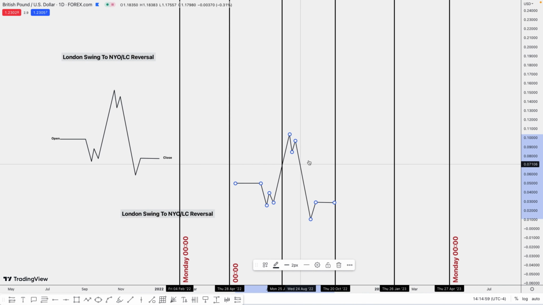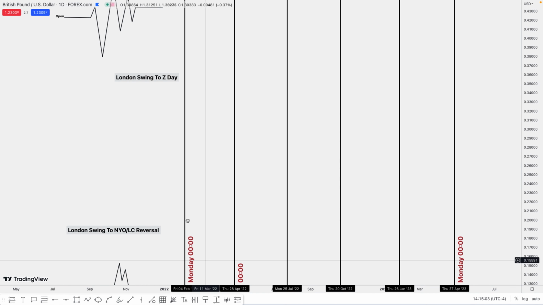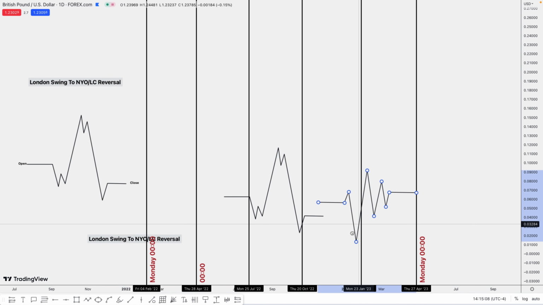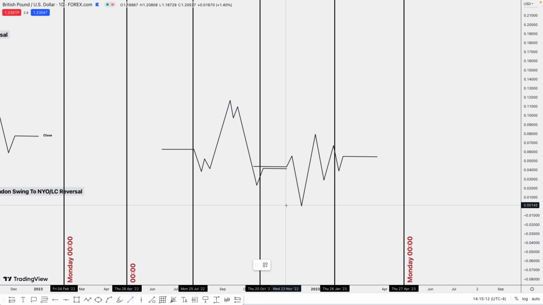This is how the market moves, bro. I'm telling you. You know, and then you get that, and then maybe you'll get this here. So you really want to study the times that these occur in the day